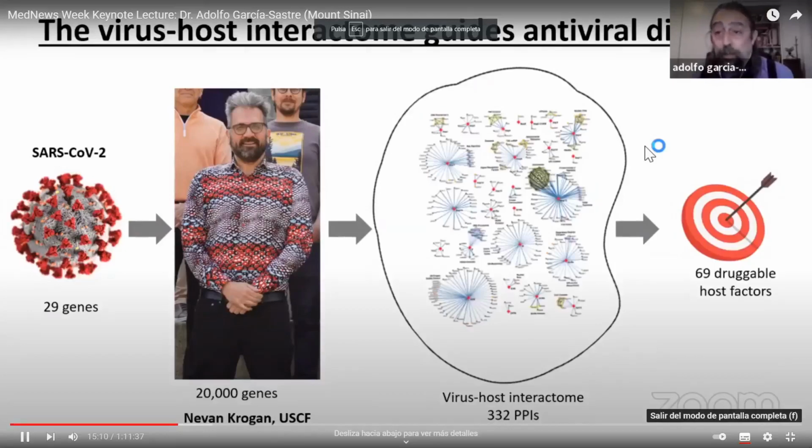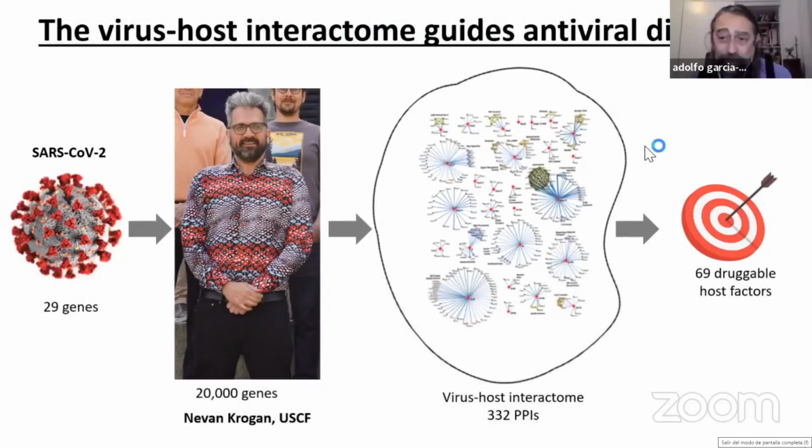Krogan and many people from a consortium are trying to understand what host factors are required for viral replication for different viruses, including SARS-CoV-2. They are located at UCSF. And what my colleague Nevan Krogan did early on, as soon as the sequence of the genome of SARS-CoV-2 was known,